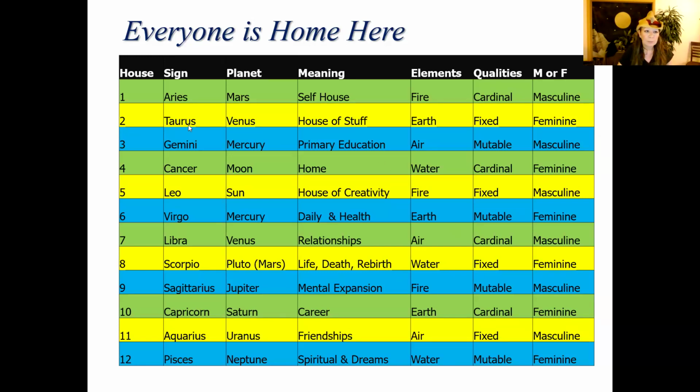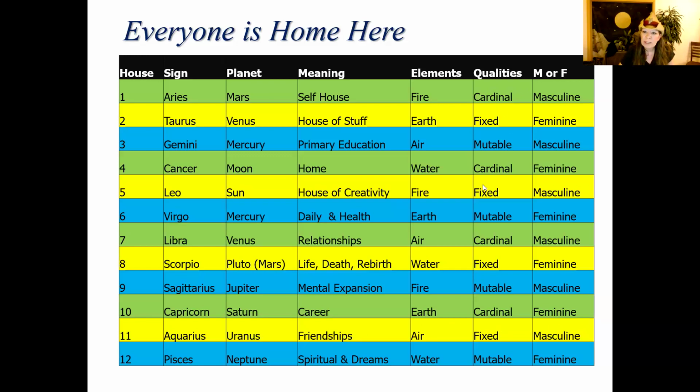Now let's go to the next one, the fixed ones. We have the Taurus. Remember, it was Taurus, Scorpio. That's the opposition. Now let's put the square in there. So now you've got Taurus energy, and it's earth, and it's fixed, and it's feminine. And 90 degrees later, you have the Leo energy, and it's fire, and it's fixed, and it's masculine. And then you have the Scorpio energy, and it is water, and it is fixed, and it is feminine. And then you have the Aquarius energy, and that's air, and it's fixed, and it's masculine.